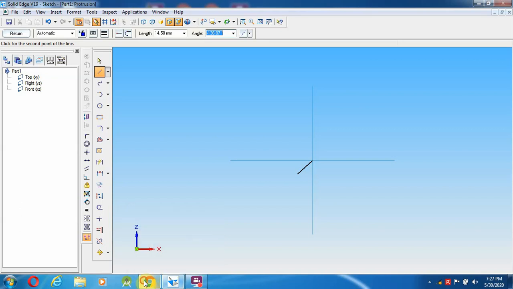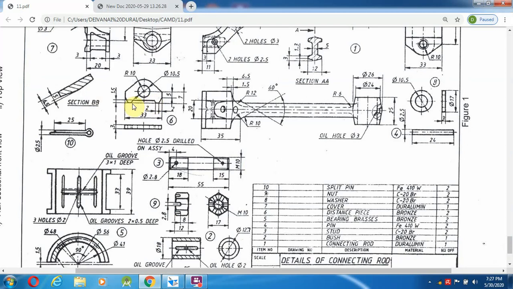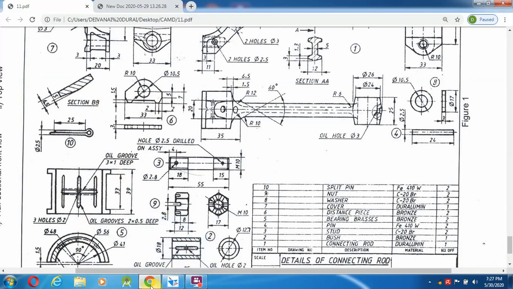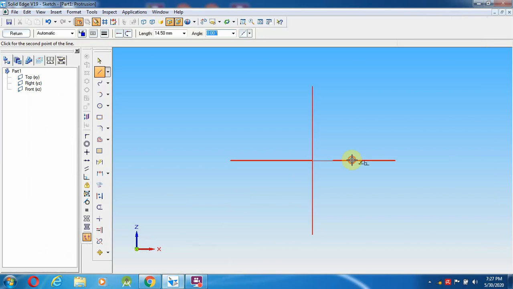Where it is coming, that is 1.5 mm up, and coming down it has to be made over here. So first, initially, we do it in this method, then we'll do the other one later.